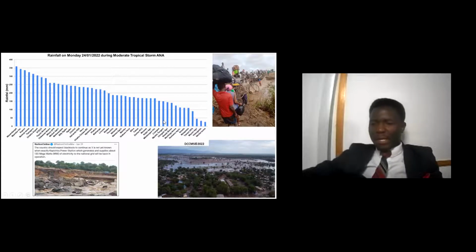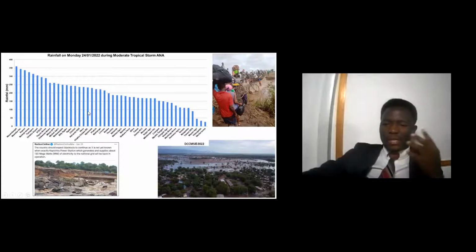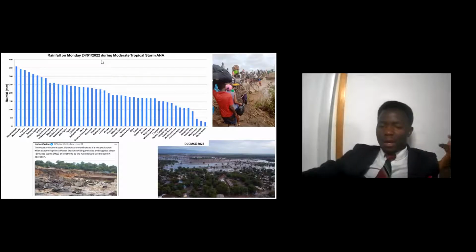As a result, we had flooding over the southern parts of the country, and quite heavy flooding also over the Shire Valley, which is a big river in southern Malawi, which takes its water from the lake and drains it into Mozambique and eventually into